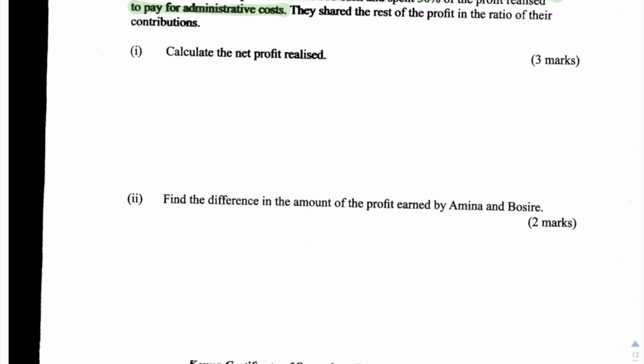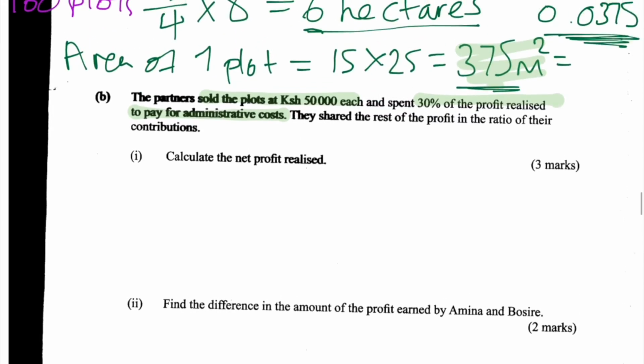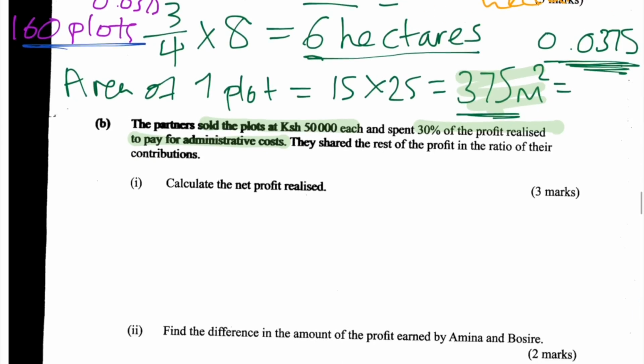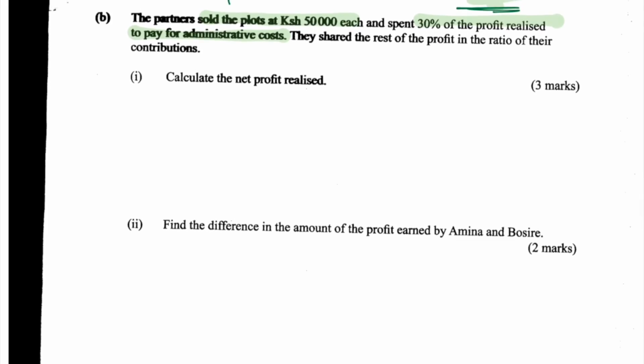So we're asked in B part 1 to calculate the net profit realised. So the net profit realised is the profit that they had after they'd paid for administrative costs. So we can go back to our answer for A part 2, and we know that the number of plots was 160. So let's make a note of that,